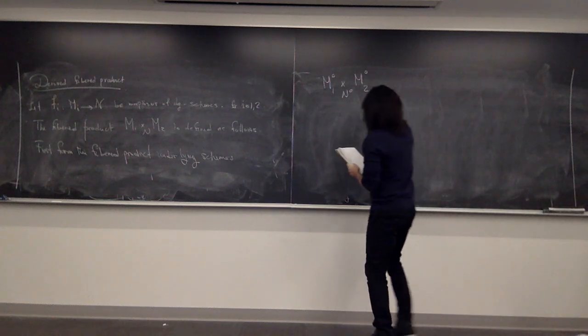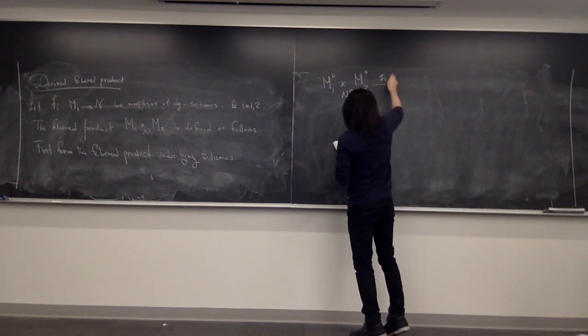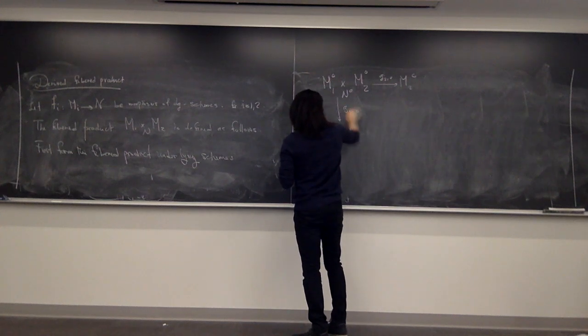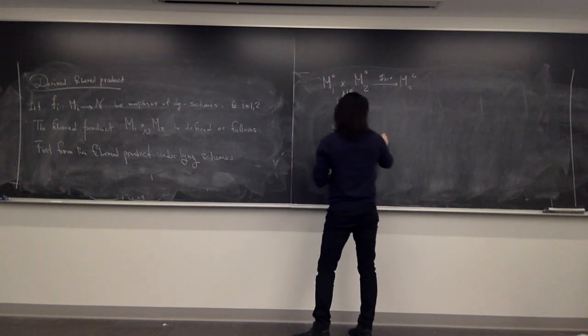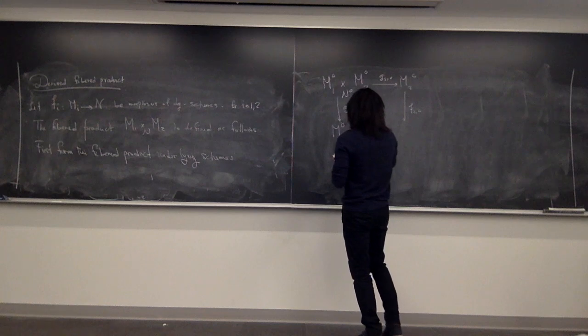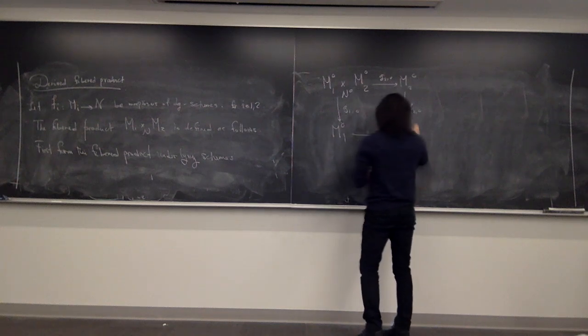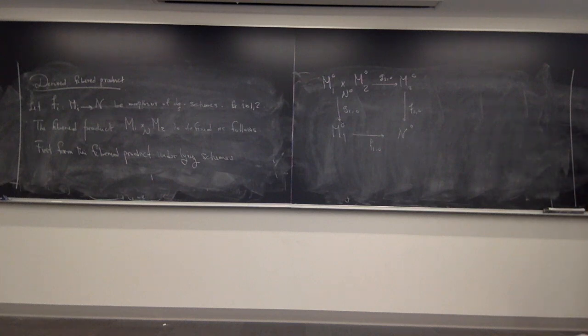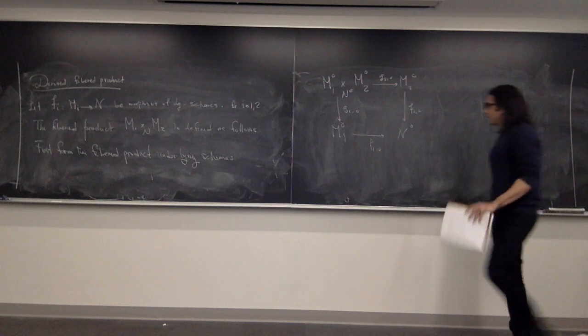Okay. And then we can map this to this. These two things are F2,0 and F1,0 going to N0. Whenever you have a morphism of DG schemes, you have these morphisms. And then define